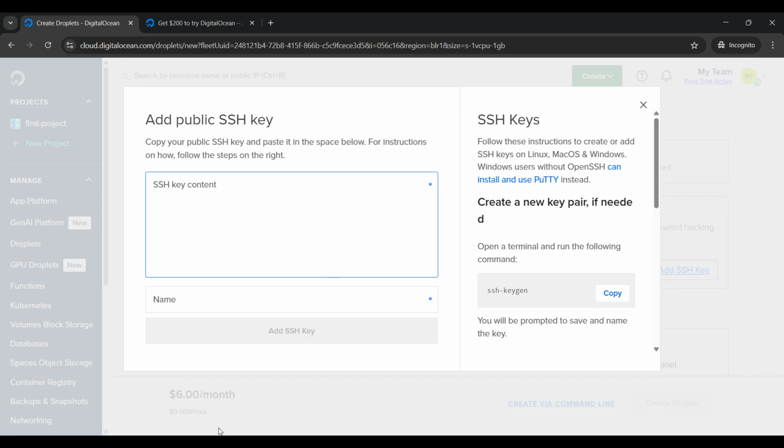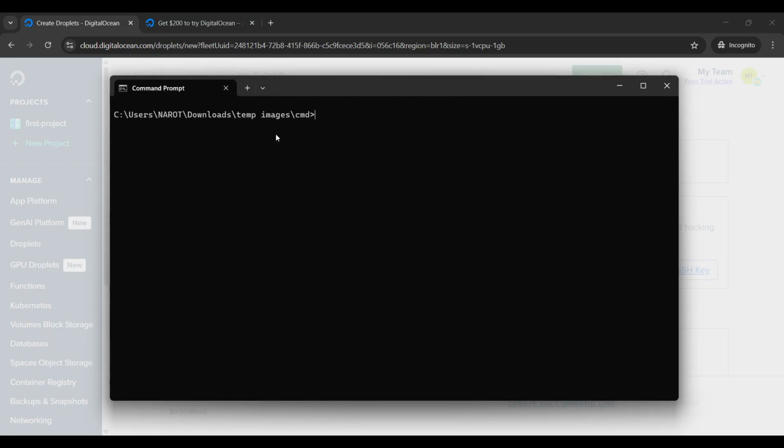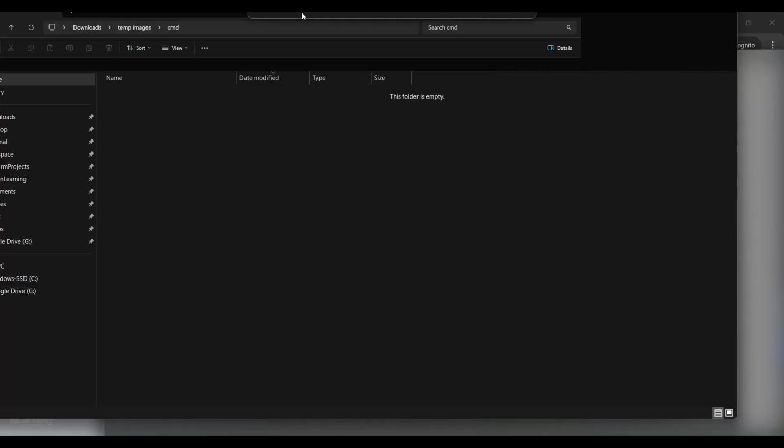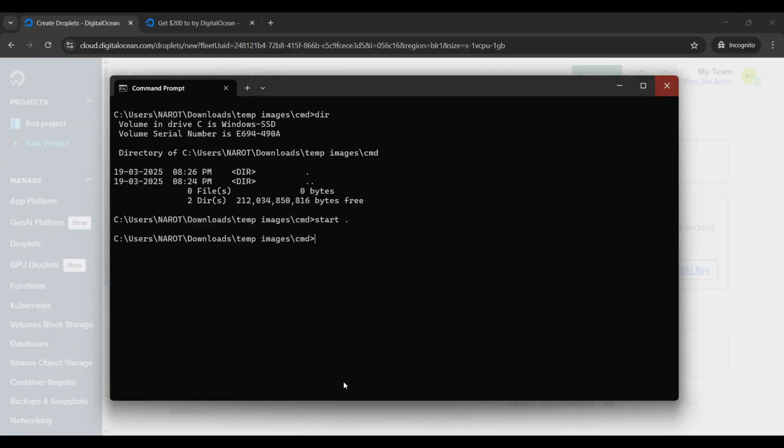So let me show you the Windows machine first. So this is my command prompt right now. You can see nothing is there. It's empty over here right now, and same you can see over here, and I'll show you the folder as well. Maybe I can start. Okay, so you see it's empty. Okay, let's minimize this one, and to generate a key,